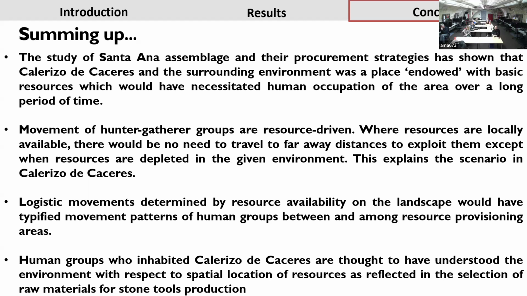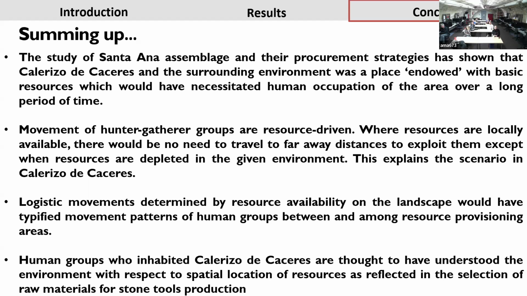So when we move to Matraverso, which has contemporary Neolithic materials, we have several rock arts. And when you go to Erconia, we are able to base our assumption on the fact that for these 3 cave sites in Clariso de Cáceres, there was no break in occupation from Santa Ana to Matraverso to Erconia. So it points to the fact that human occupation has always been in this area from the Middle Pleistocene to the current times, or to Neolithic times when those cave sites were discovered.